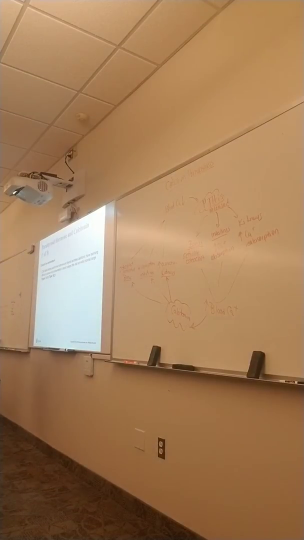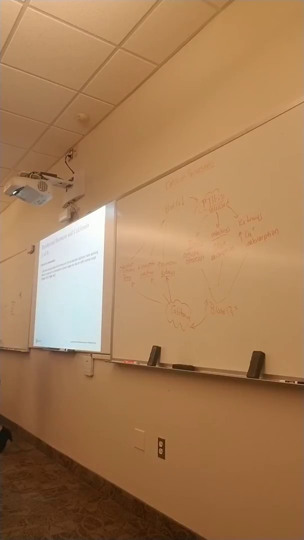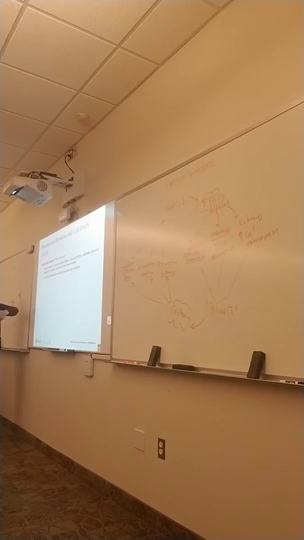And as we've seen, we need calcium in our bones, right, for mineralization so they can get hard. We also need calcium in our skeletal muscles, right, for that sarcomere contraction. It's going to bind to the tropomyosin and allow our myosin heads to bind. We also need calcium at our motor end plates and at the axon terminals of all of our neurons, because calcium coming in is going to kick the neurotransmitter out at that presynaptic cell. So we have to have enough calcium to do that. So PTH is going to increase the release of calcium ions from our bones, increase the absorption from our intestine, and act on our kidneys, bringing it in.